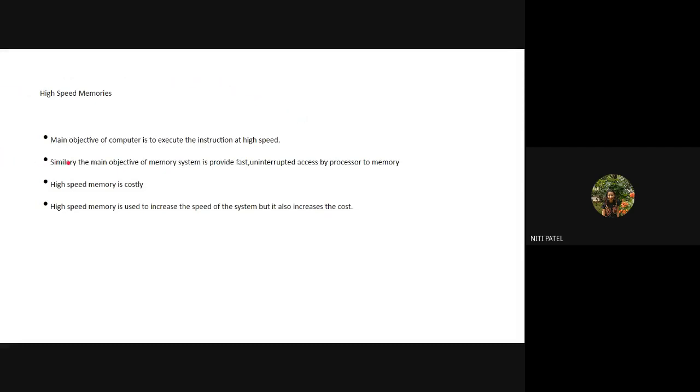The main objective of a computer is to execute instructions at a very high speed. Now, whenever I give an instruction, how do you judge whether this computer is good or not? You may judge the computer depending upon the speed. Speed of what? The speed of your processor. So if your processor is of good speed, your computer is going to give you good performance.